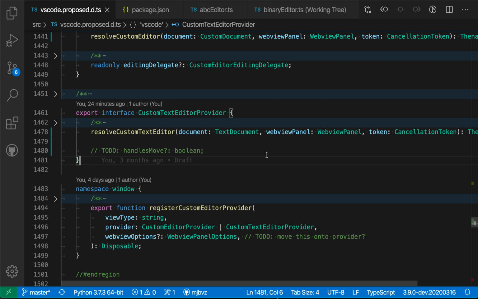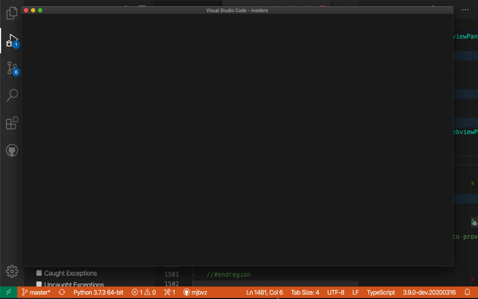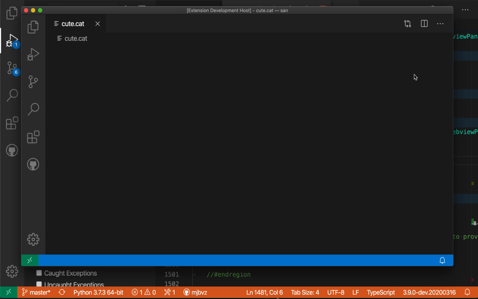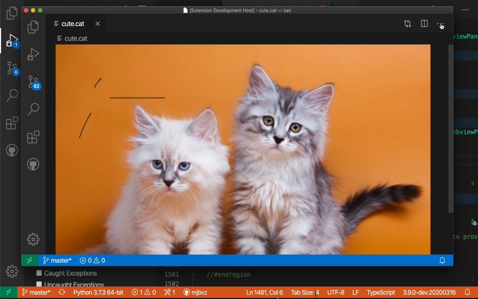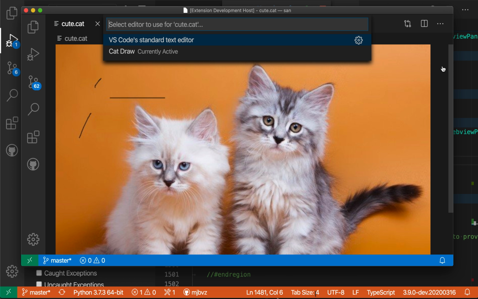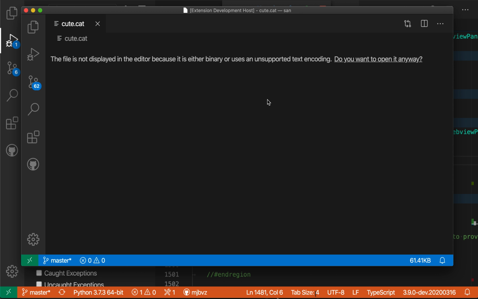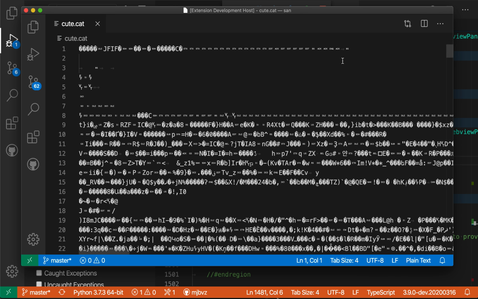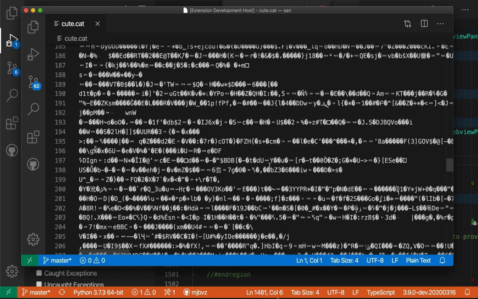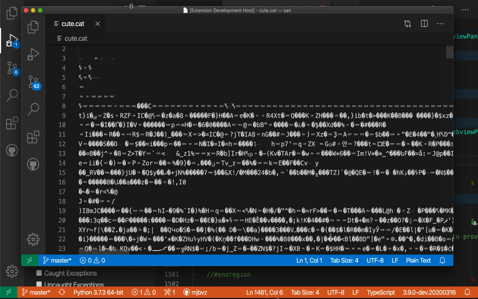So VS Code has no understanding internally of how to work with binary files. I can show what it does here for binary files because it's pretty interesting. So here is my custom editor. If I reopen this with the VS Code standard text editor, it will say, oh, we cannot display this file because it is binary. So it can actually detect that this is a binary file and we shouldn't try to display it. If I say I want to open it anyways, it just goes and it tries to open this file as text. So that's obviously not great, but that is pretty much the limit of VS Code's understanding